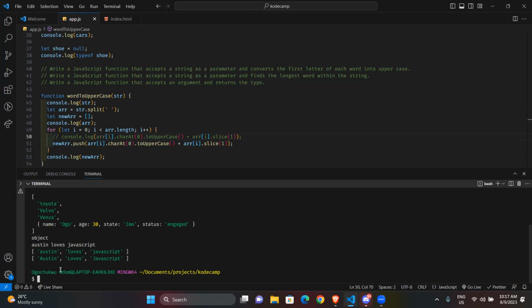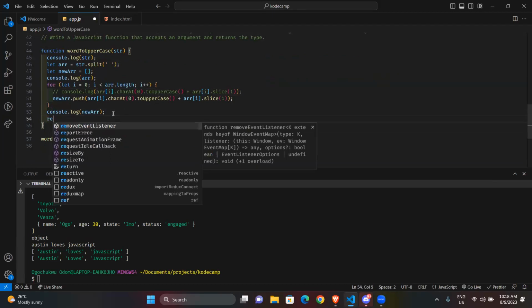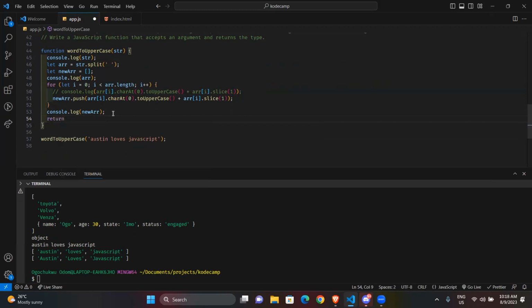Austin loves JavaScript. So now what I eventually want to do, there are functions where you are expecting something, so you have to return what you're expecting. We are expecting the sentence back, with spaces, as we passed it in. So instead of just returning, we need to return new array.